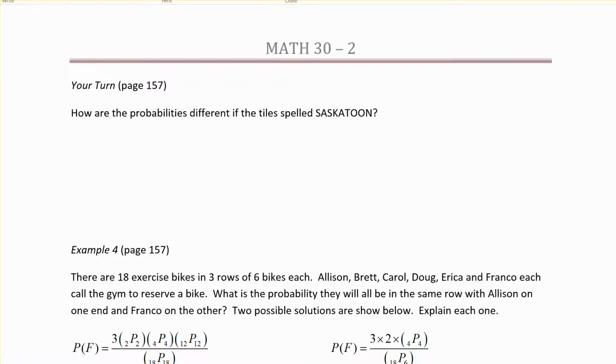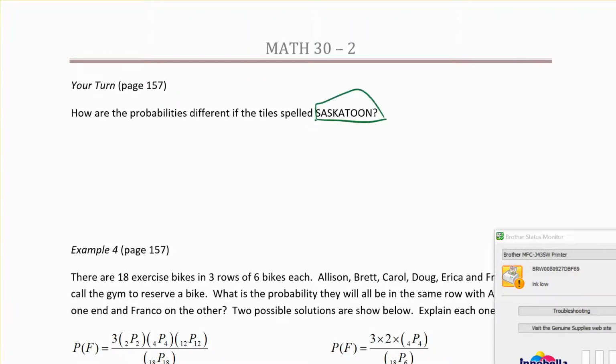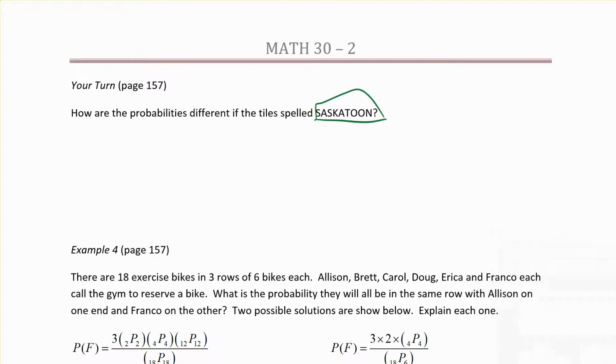Okay. So the next one here says, how are the possibilities different if the tiles spell Saskatoon? So same question, just different letters. So in this case, we have